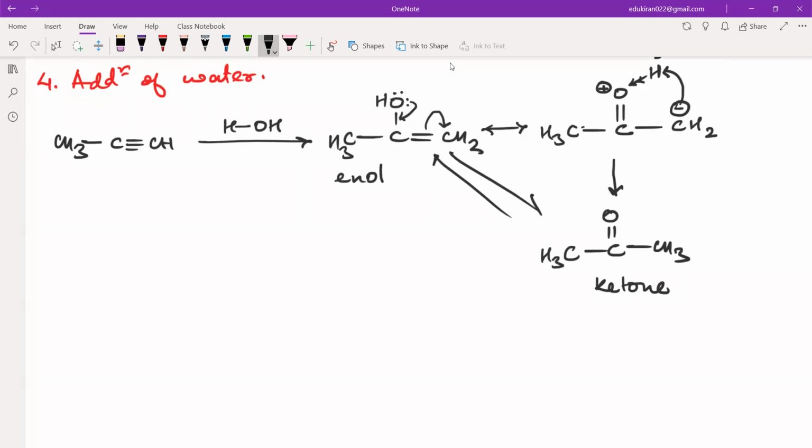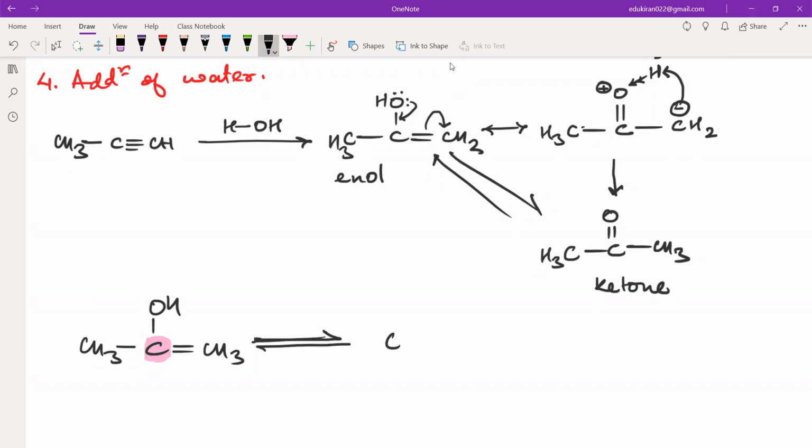This is enol. That means there is an OH group for "ol", and there is a double bond. So this is enol, and this is ketone. So this is known as the enol keto tautomerism. When you have CH3, single bond C, OH, and double bond CH2, that means a carbon atom which is bonded to a hydroxyl group and a double bond also, it can exist in an equilibrium